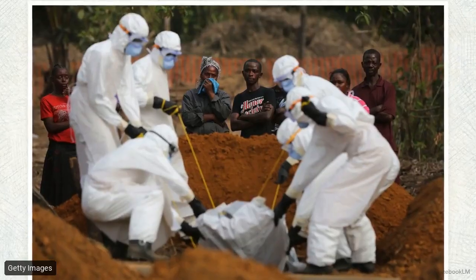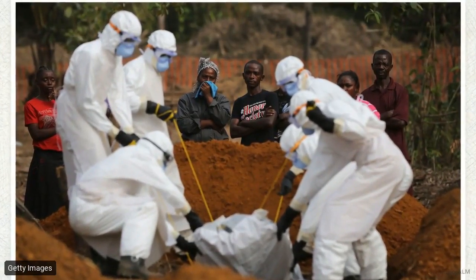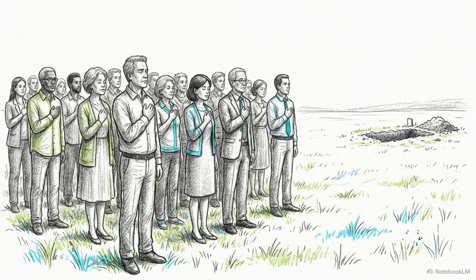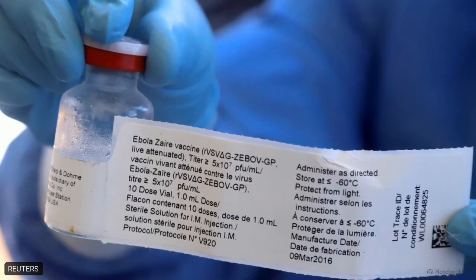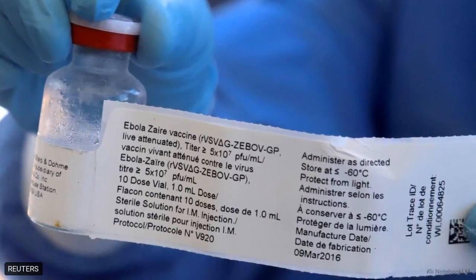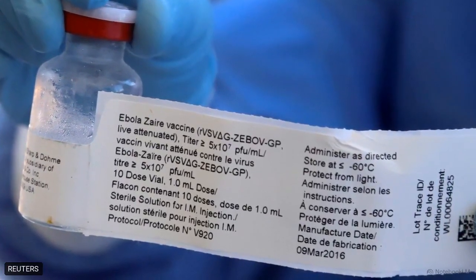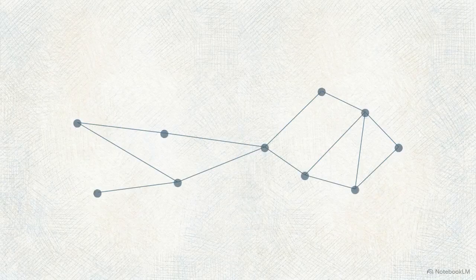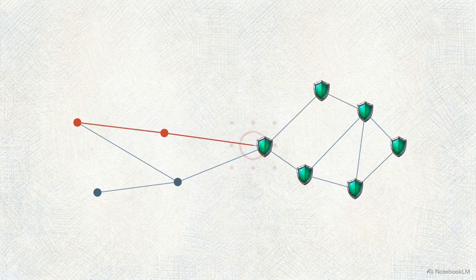The third breaker involves how we treat the dead. Tragically, victims of Ebola remain highly contagious even after they pass away. To prevent new infections, trained teams step in to handle the body safely, replacing traditional mourning rituals that involve touching the deceased. And finally, we have an active medical shield. The RVSV Zebo vaccine is a powerful tool used to protect healthcare workers, high-risk individuals, and the close contacts of anyone who gets sick, stopping the virus in its tracks.